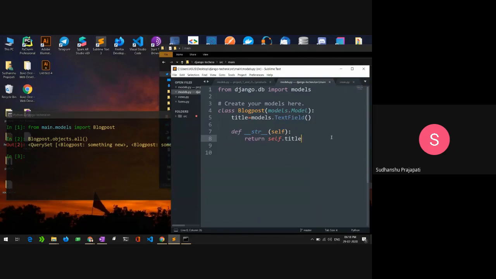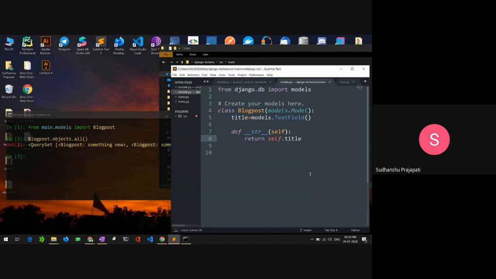That means we were getting names like object 1, object 2, object 3. So I created a function named str, that is the string representation of that object that you're creating using a class. It's part of the whole concept of Python classes.